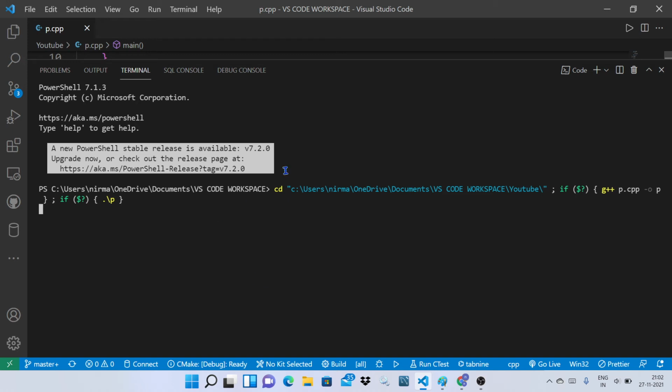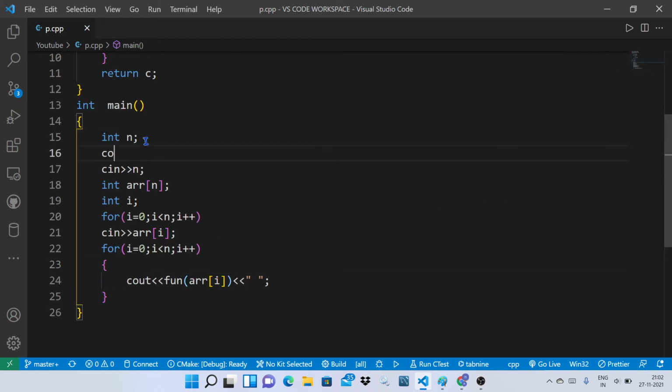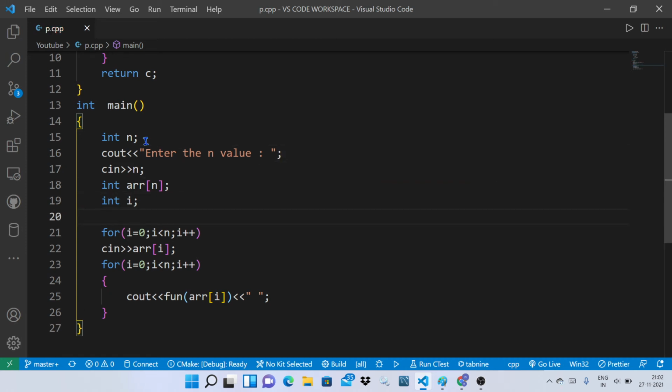For the user's clearness, I'm printing one statement as enter the n value. Then here also I'm printing the statement as enter the array elements.